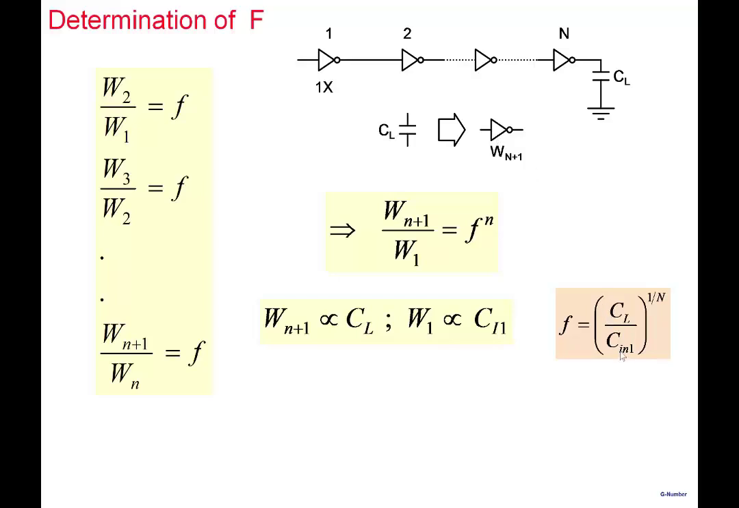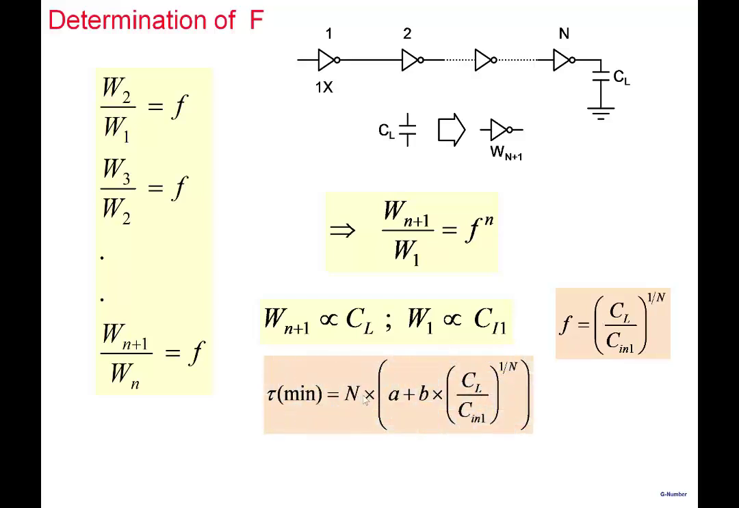So (CL/Cin1)^(1/N) gives us the value of F, and tau min then becomes N(A + B)(CL/Cin1)^(1/N). So we end up with a methodology for sizing the inverters by maintaining the ratio of one inverter with respect to the preceding inverter the same. And how do we find that ratio? That ratio is nothing but the overall load capacitance divided by the input capacitance of the first stage,